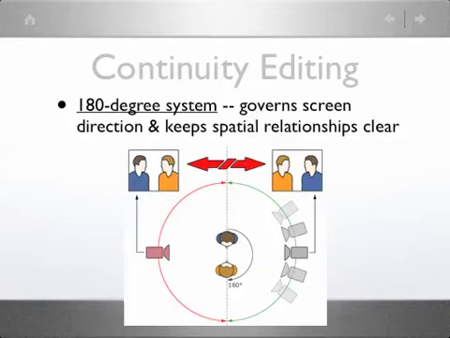keep the spatial relationships clear between two figures on screen, whether they're in the same shot as it shows in these examples here, or whether the two characters are in separate shots, as is usually the case in a shot reverse shot sequence.